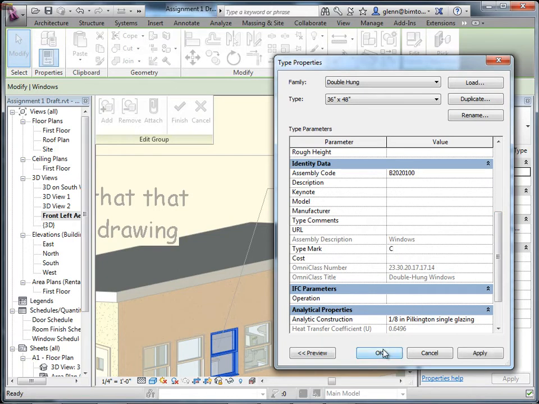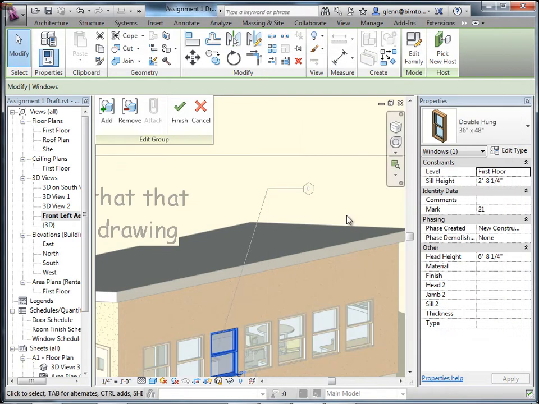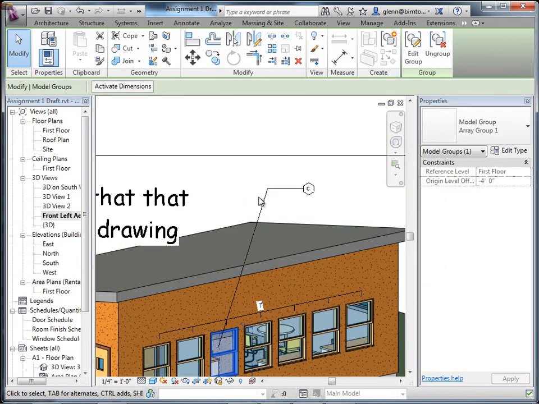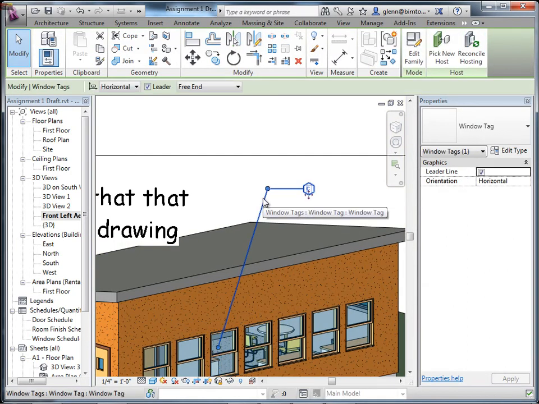And I'll say it's C. Say OK. And what happens now is that database tag will show that same information. So we're going to start learning to use tags when we can pull information out of the database. The reason that we like to use tags is, as opposed to putting the information there in the database the